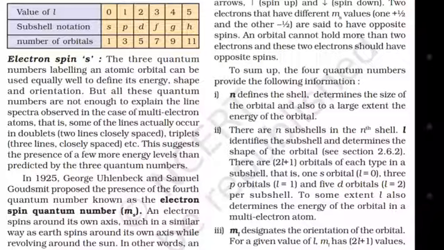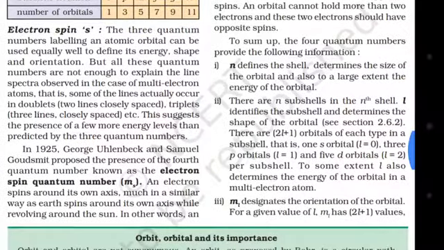The three quantum numbers labeling an atomic orbital can be used well to define its energy, shape, or orientation, but they are not enough to explain the line spectra observed in multi-electron atoms. Some of the lines actually occur in doublets. Two closely spaced lines replace a single line. This suggests the presence of a few more energy levels than predicted by three quantum numbers. In 1925, George Uhlenbeck and Samuel Goudsmit proposed the presence of a fourth quantum number known as the electron spin quantum number